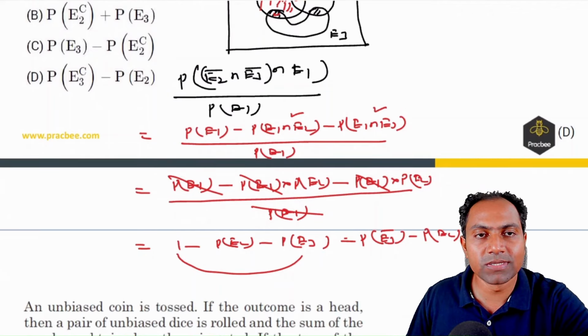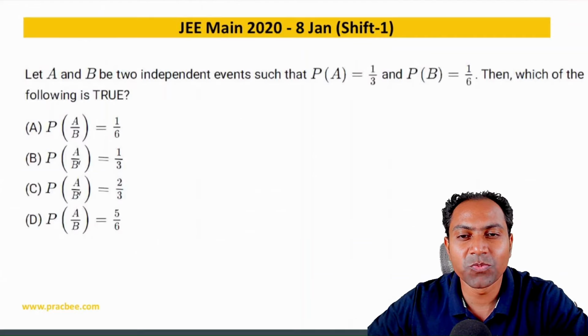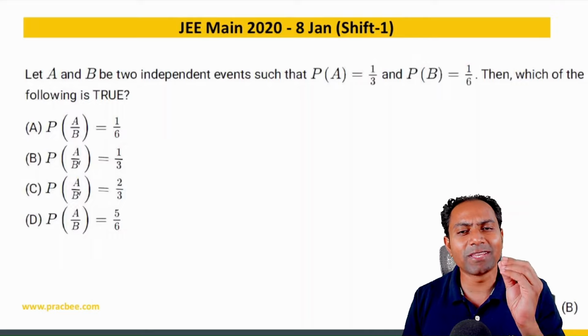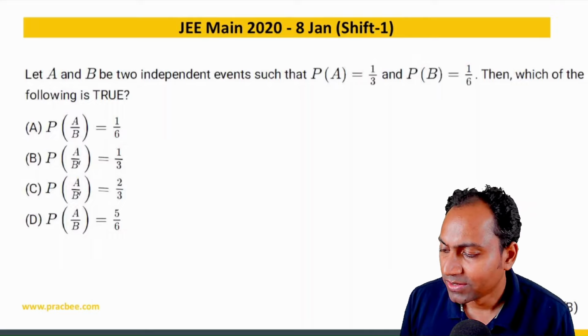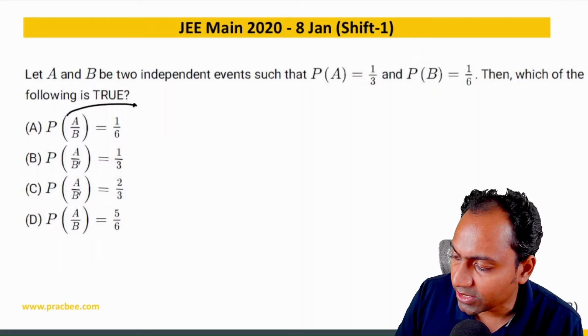And if you look into this, this is being reflected in option D, hence it becomes our answer. Now this very intuitive and simple question was asked in 2020. This question is based on the basic core concept of independent events. So what they are saying is, see, if A and B are independent, this first statement can be written as